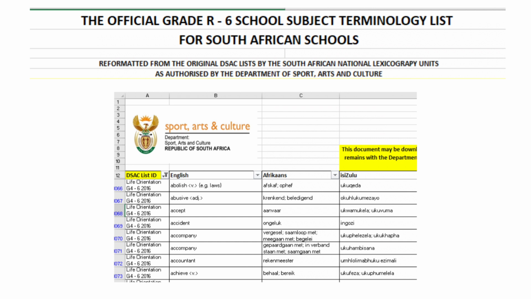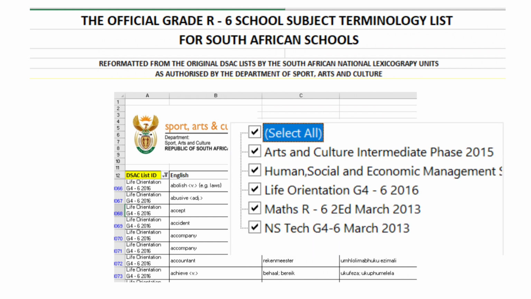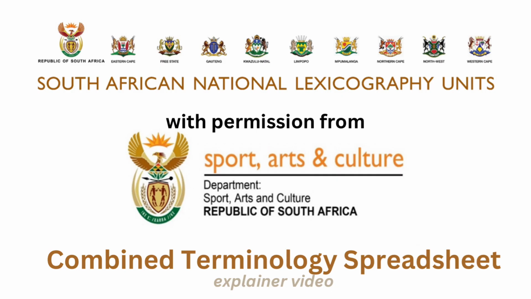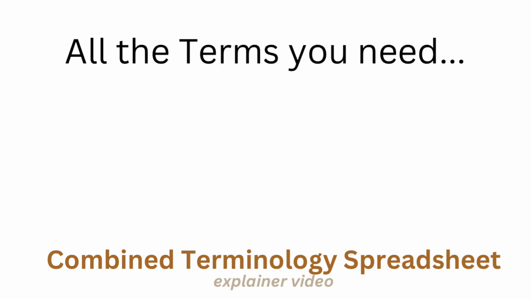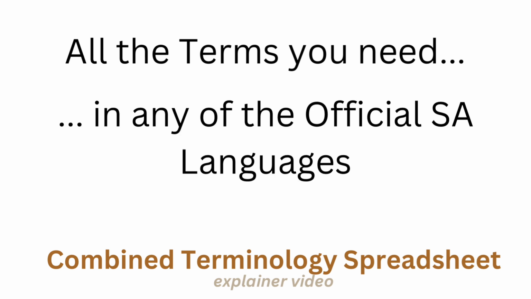This video explains how to use the combined terminology list spreadsheet, which is made up of many different terms translated into all official South African languages and approved by the Department of Sports, Arts and Culture over the last 20 years. 7 different school subject terminology lists for grades R to 7 have been combined into one handy spreadsheet by the South African National Lexicography Units, SANLU, with permission from the copyright holder, the Department of Sports, Arts and Culture. So now you can find all the terms you need in any of the official languages and